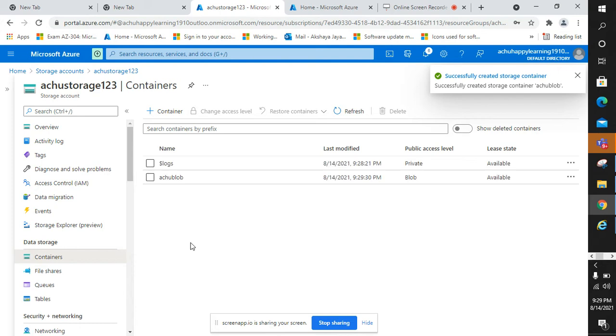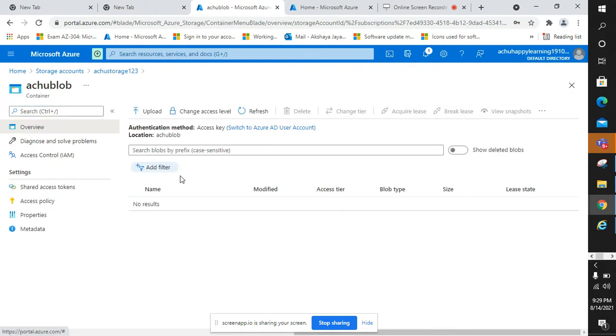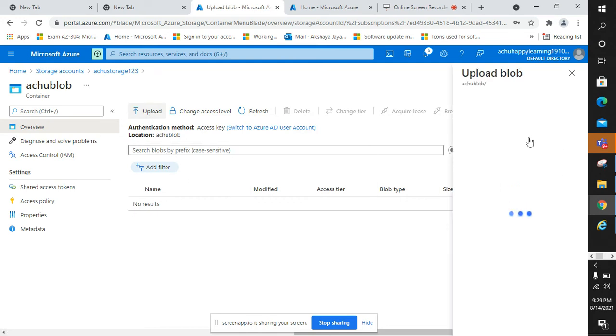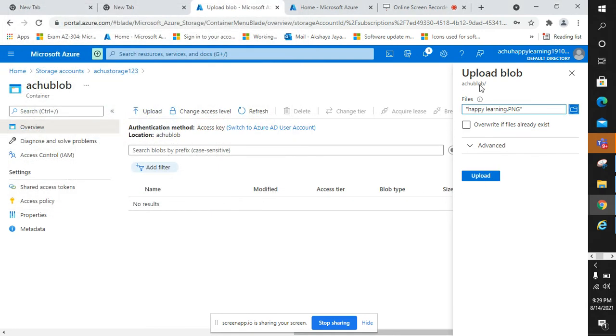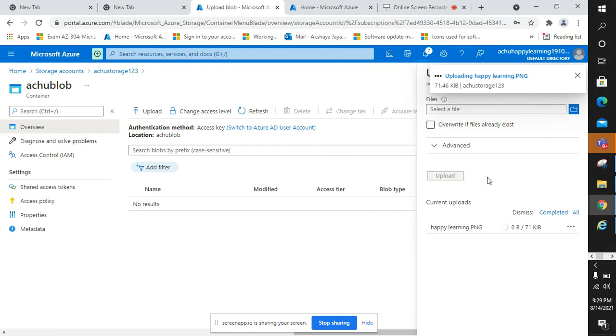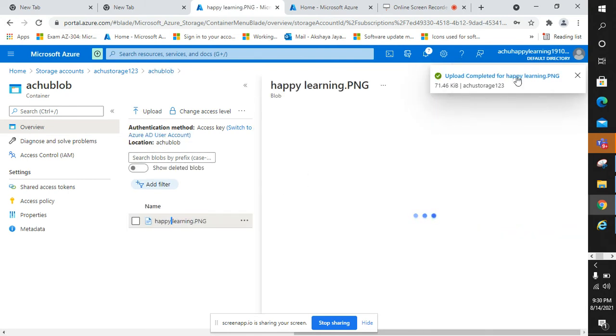It might take 1 or 2 seconds. So it's done, it's up. I'm double clicking on this, and now I can upload anything here. I can choose a file for testing purposes. I have multiple data files here. I'm going to choose this and open. Now see, upload, it will take a minute. Okay, it's done. It's in place. I'm clicking on that.